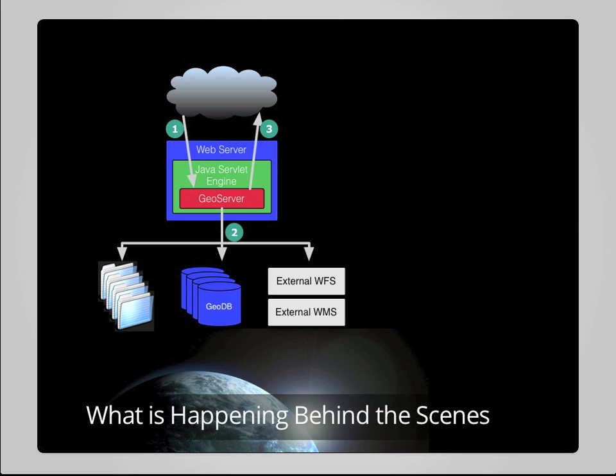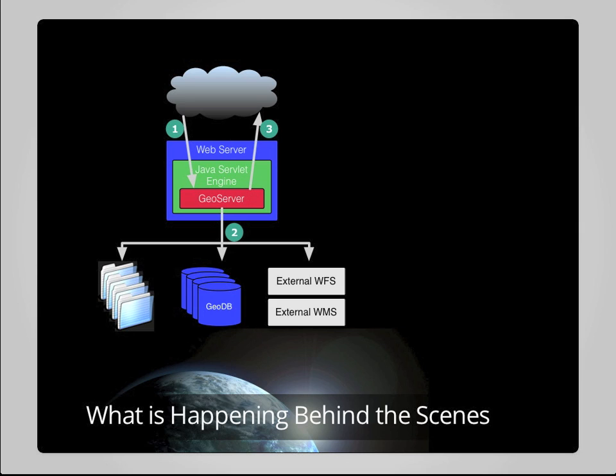Or they may actually be externally hosted web feature or web map services, where the request that is received by GeoServer may actually be processed and forwarded to an external service for completion in terms of retrieving from those external services either a map image or a data object, which GeoServer then further processes and returns to the requesting client